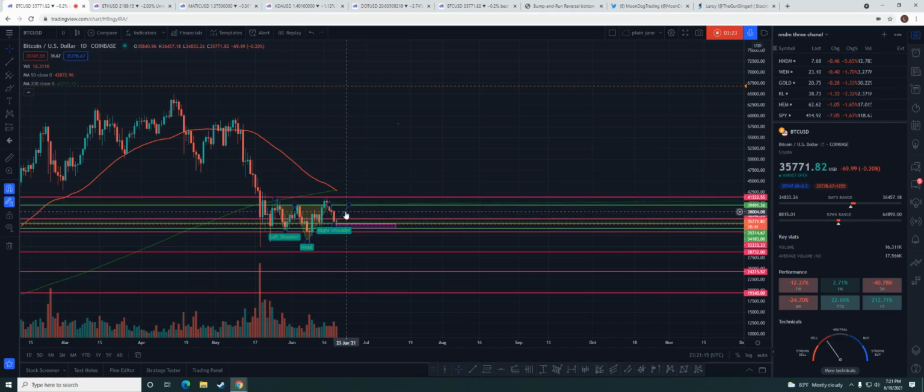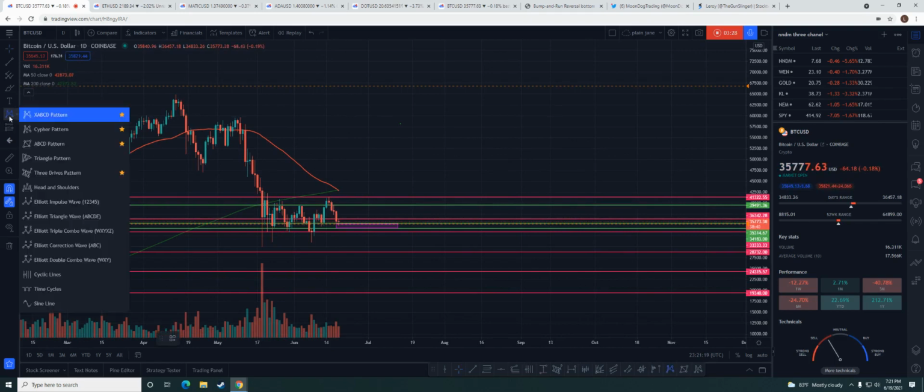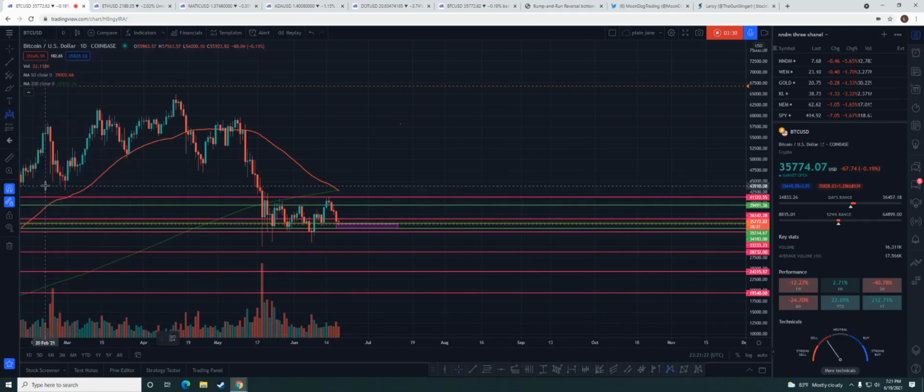So what I mean by that is, I'll redraw this for you guys. We'll go to head and shoulders. I'm going to draw from the top to the bottom, to the top, to the bottom, so we get the head. Now we go back. Now this is what I mean. Sorry, guys, trying to get this on point. So right there, and then we're going to go to this other point here, if I can lock on. Sorry, this is a pain sometimes.